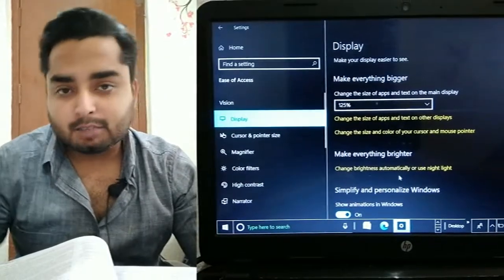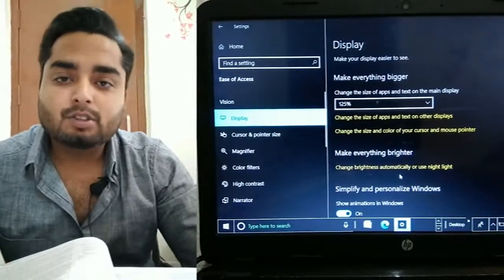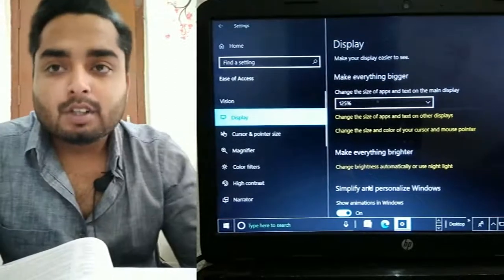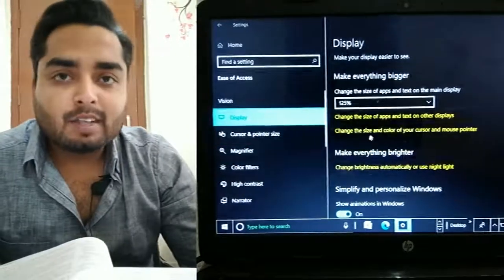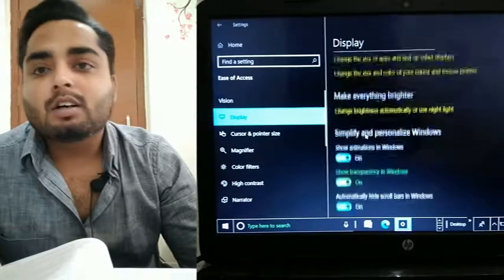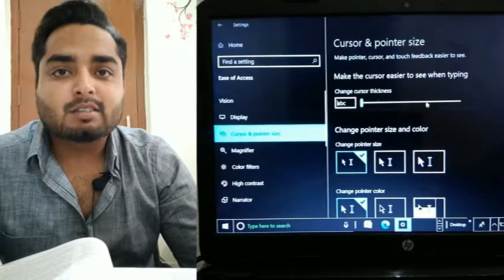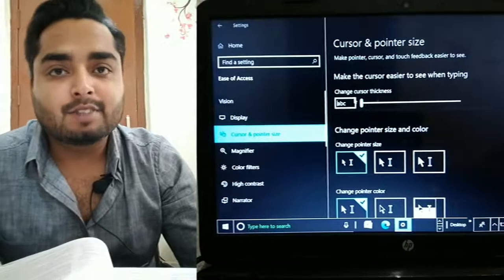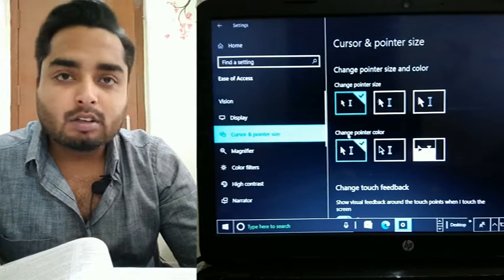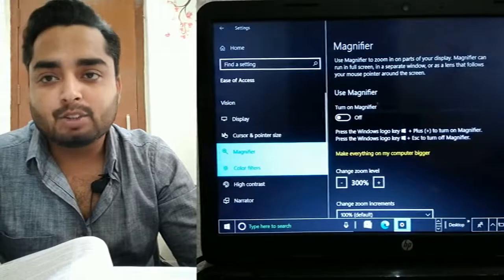This is the last part of the accessibility options chapter. In this chapter, we will sum up all the options and tools present in the accessibility options in a computer system. As we have seen, the display options have things like the magnifier and cursor pointer size. If we cannot see the pointer, we can make it thick or thin or large as per our usage. We have also seen the magnifier option and how it can be used.